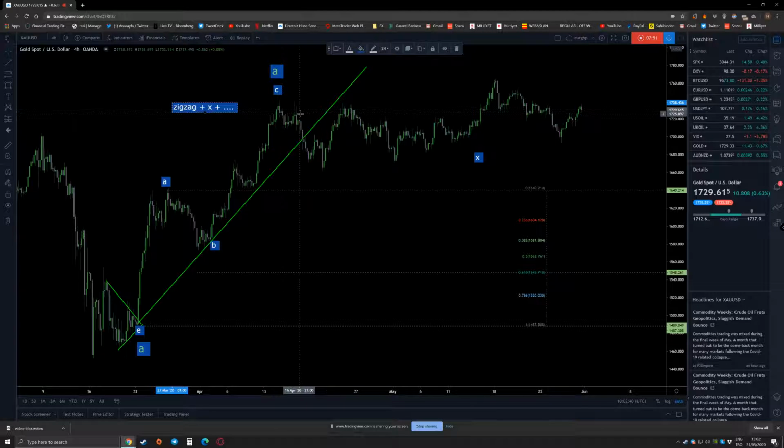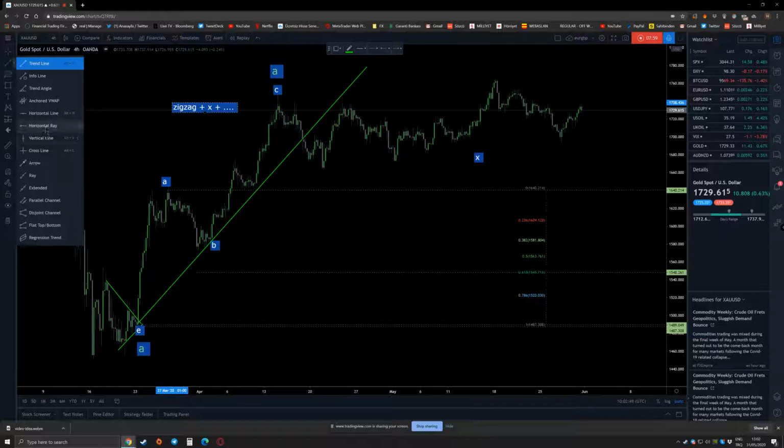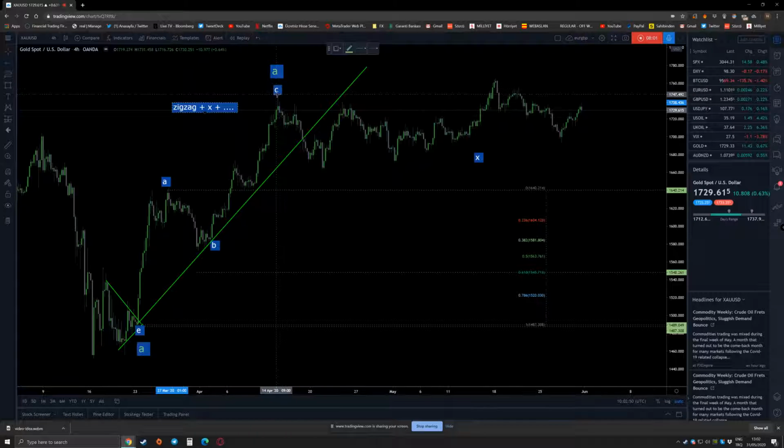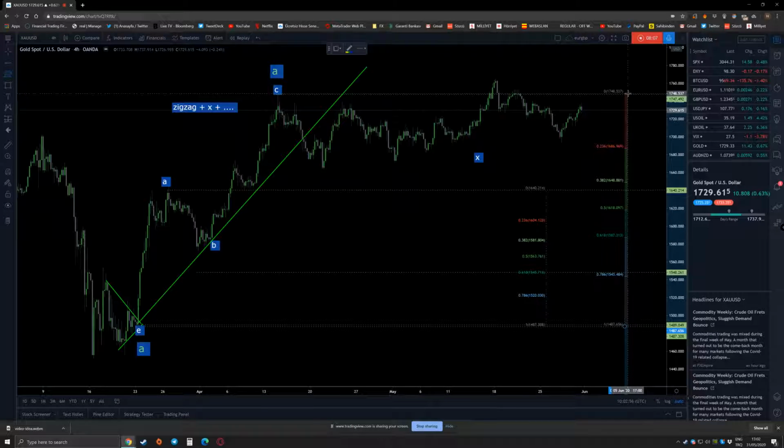First of all, I forgot to tell you this. Now, what you should do is after this is this. So this wave C ended here, yes. So what we do is horizontal array, take one here, and take another Fibonacci from down to top. Okay. Now, if this X wave comes back below the 0.618 level, then it means that we are